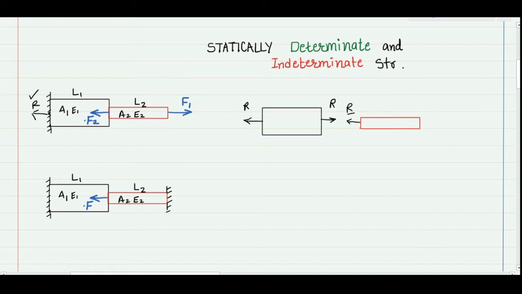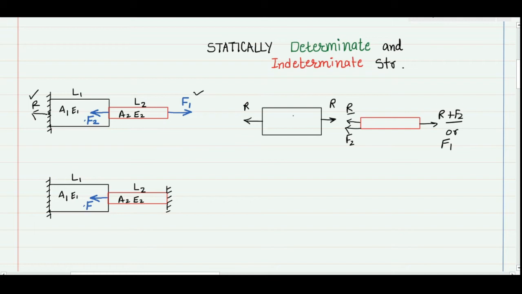If you are having some problem in making this free body diagram, I request you to go and check my initial videos where we have taken such problems exclusively to make the free body diagrams. On the other side, I can make the equal and opposite force. So on this side, the force may be R plus F2, or I can put this force F1 because it is there. So instead of R plus F2, I can also put this force F1.